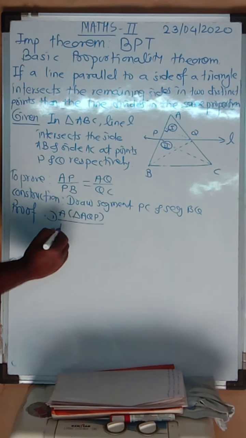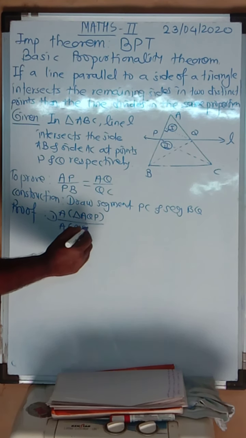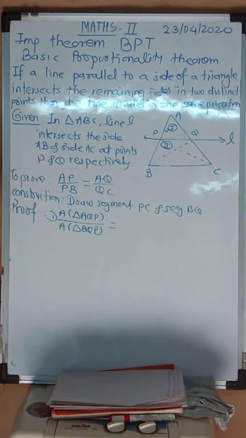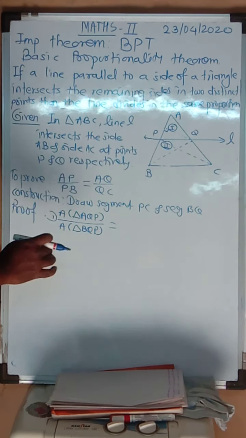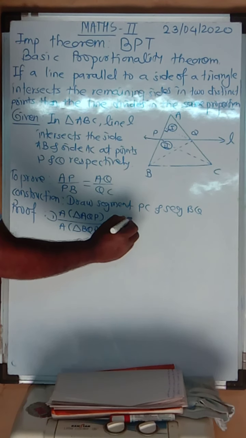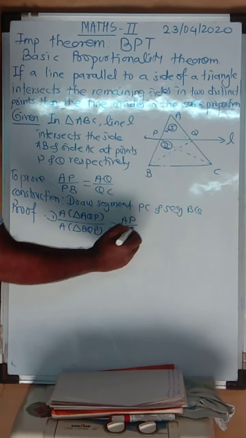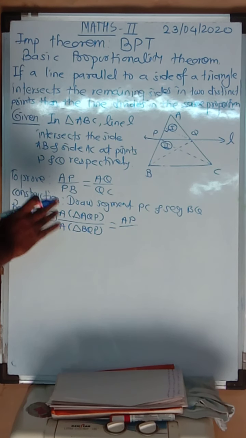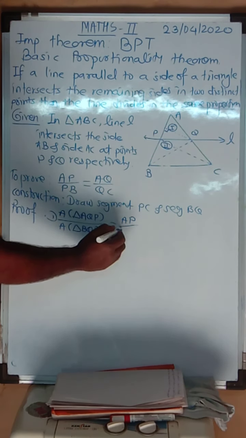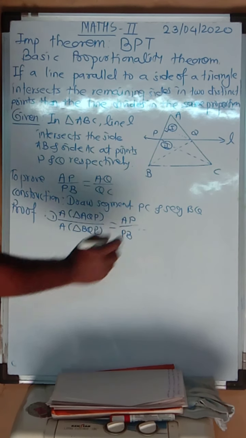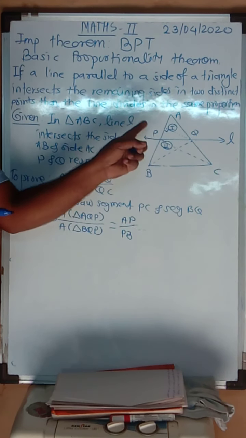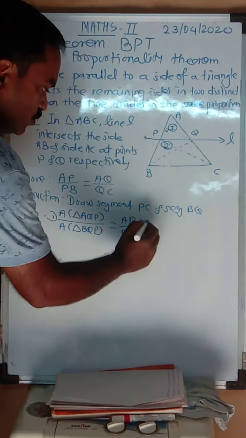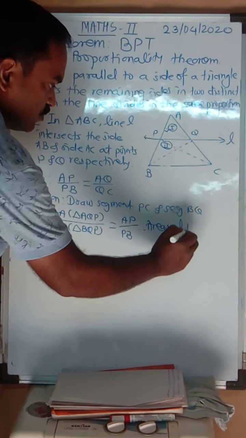Area of triangle AQP upon area of triangle BQP is equal to... these are the triangles with equal height. That means their ratio of areas is proportionate to their bases. That means base of triangle AQP is AP upon base of triangle BQP is PB. What is the reason? You can write the reason in two ways. That is, areas proportionate to bases, or areas of two triangles. You can write like this: areas of triangles